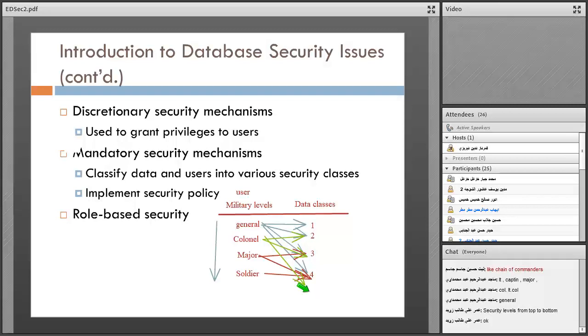I'll give you another example. In this university, you as a student can register in a course. You can select courses for this semester. But you cannot define a new course.